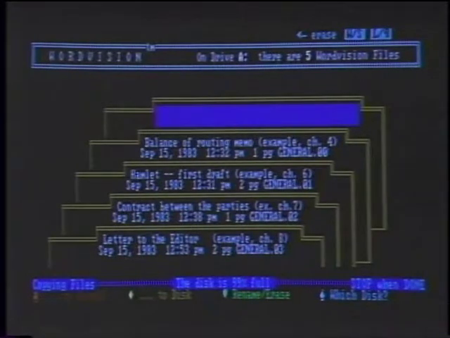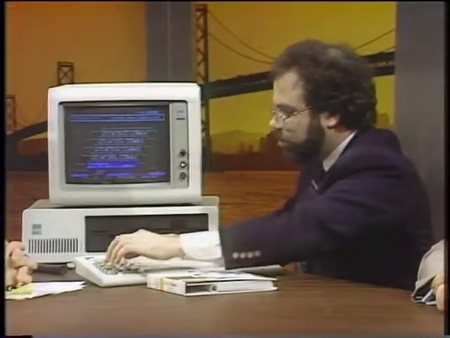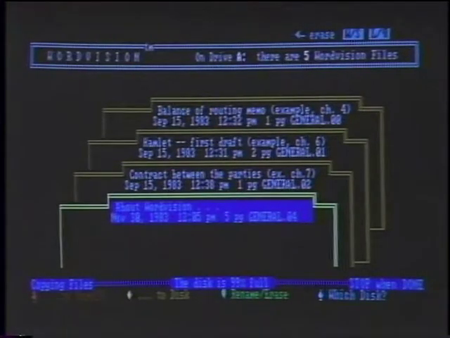You get pictures of file folders. You would never have to type in, as say in earlier programs, the name of the file you want. You simply point to it and you press a key that's indicated right on the screen. The folder pops up, and in a moment you'll see the text that was stored in that file appear on